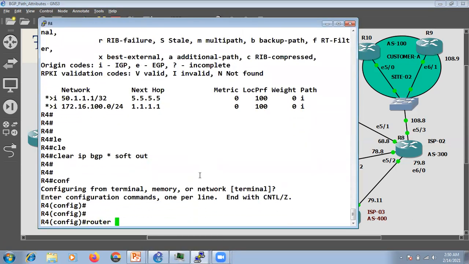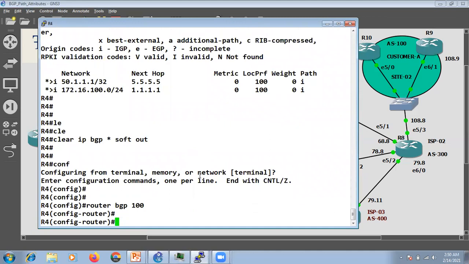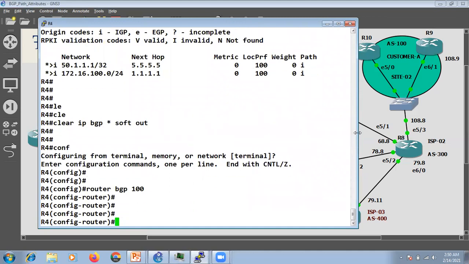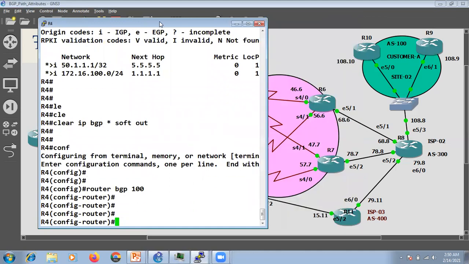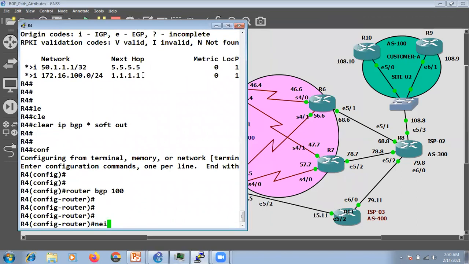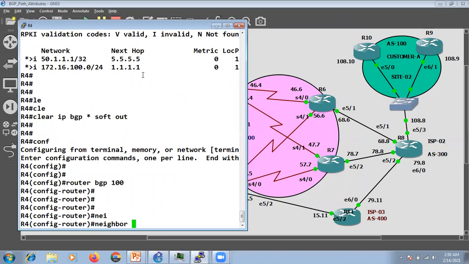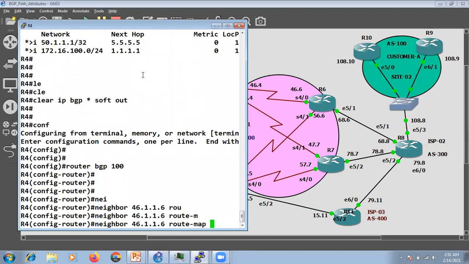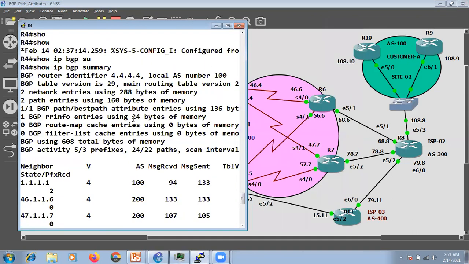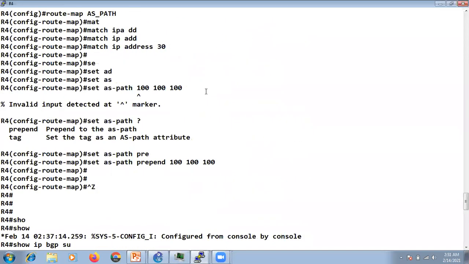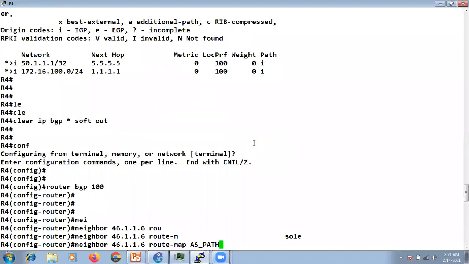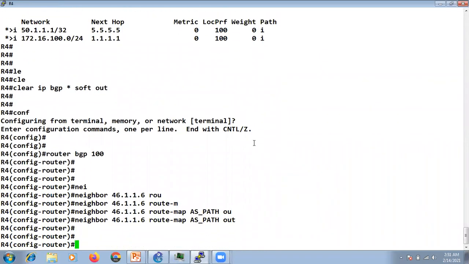So router BGP 100. My neighbor IP is 46.1.1.6. I will apply this route map. What is the name of the route map? AS path. Apply it in the out direction, right?